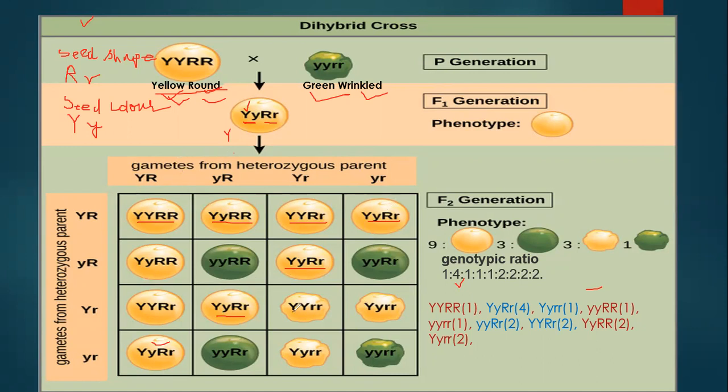Okay, how many squares do you have to draw in this condition when there is a dihybrid cross? So how many alleles are there in a dihybrid cross? Every time you have 1, 2, 3, and 4. There are 4 alleles while doing a dihybrid cross. Whether you consider this parent, you have 4 alleles present over there in total.